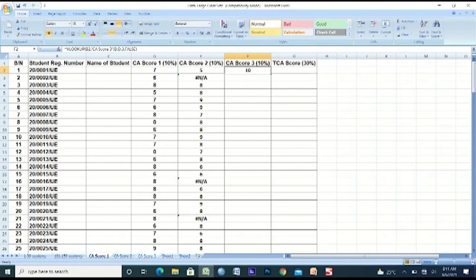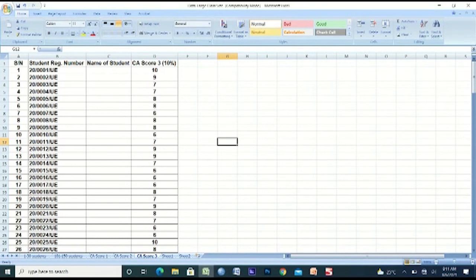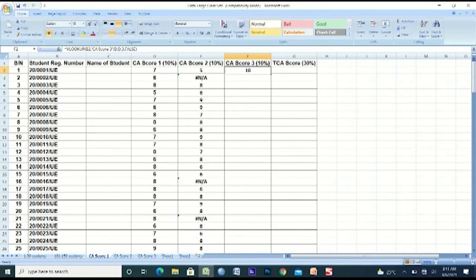Assessment score 3 sheet. Of course, we are correct. The exact value is imported. Back to continuous assessment score 1 sheet. To get the other student assessment score, you